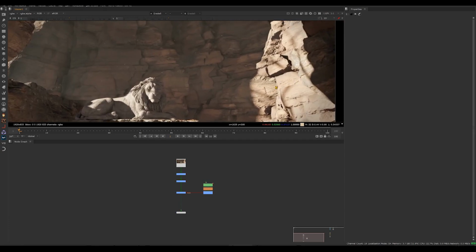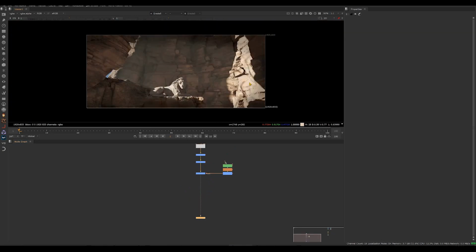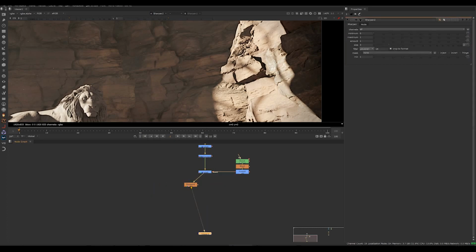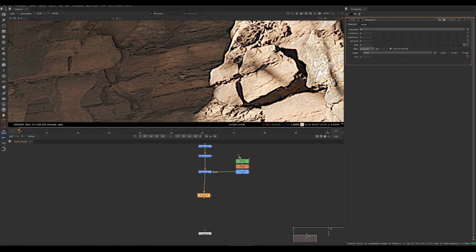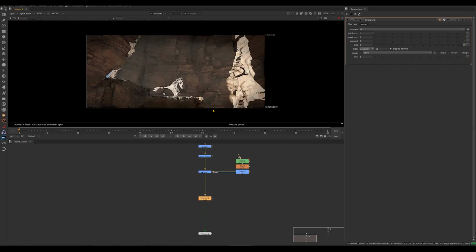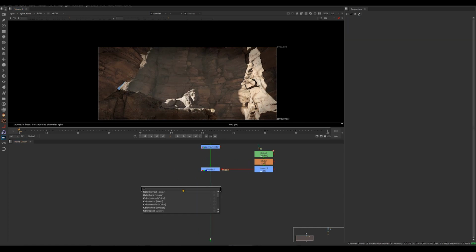So now to have a little bit more detail in these rocks, what I'll do is actually I'll sharpen the whole frame. So to sharpen, if you put a regular sharpen node and just increase the sharpness like that, you'll start getting these black artifacts which we don't want. So the way I do it is actually convert the whole shot into a different color space, and then do the sharpen node, and then revert back to the correct color space. So for that, let's delete that, and I'll put a color space node,